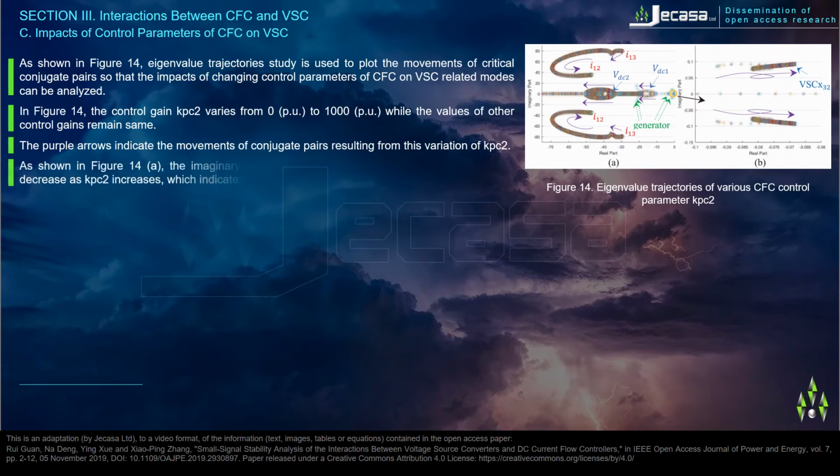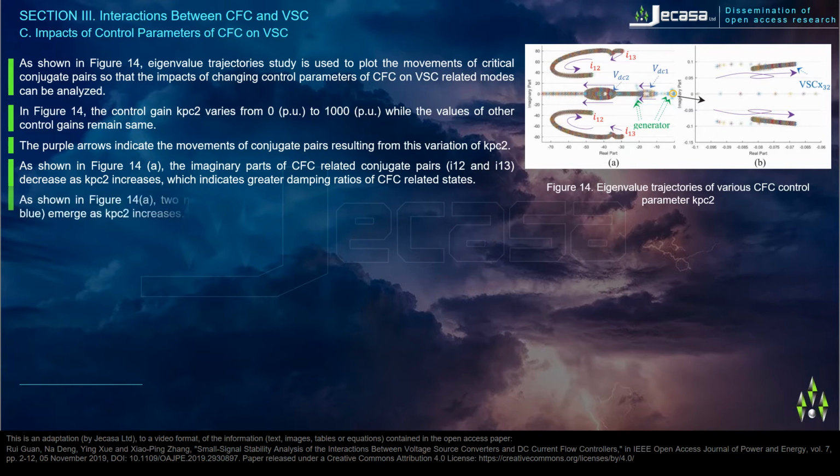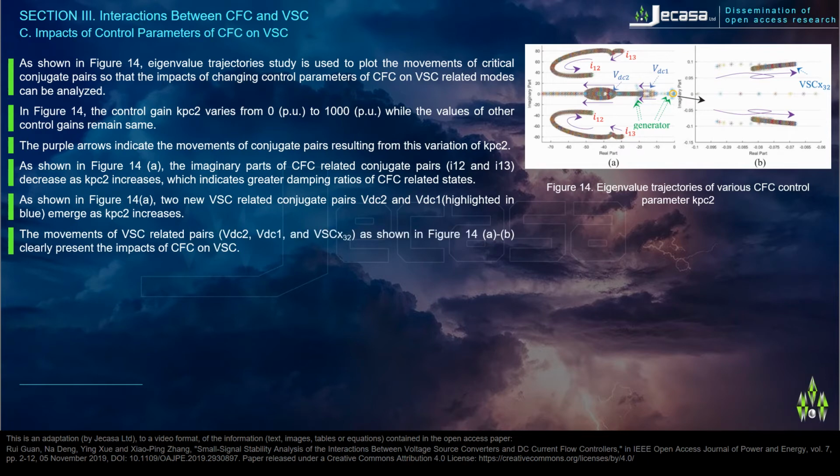As shown in Figure 14a, the imaginary parts of CFC-related conjugate pairs, I12 and I13, decrease as kpc2 increases, which indicates greater damping ratios of CFC-related states. As shown in Figure 14a, two new VSC-related conjugate pairs, VDC2 and VDC1, highlighted in blue, emerge as kpc2 increases. The movements of VSC-related pairs, VDC2, VDC1, and VSC-X32, as shown in Figure 14a-b, clearly present the impacts of CFC